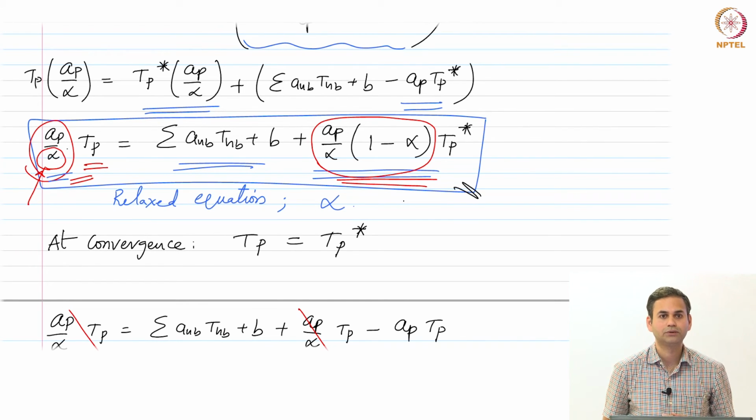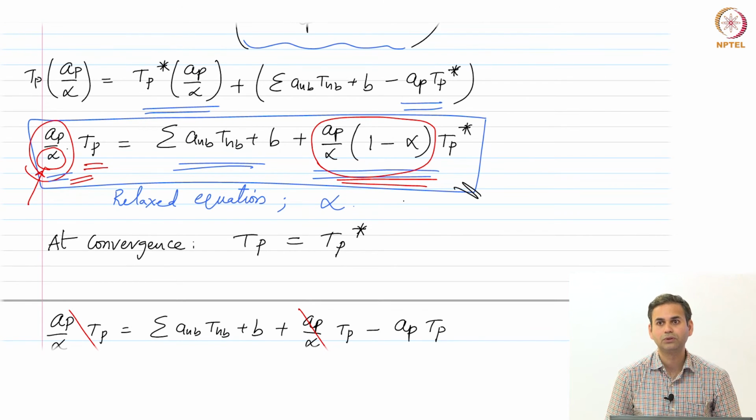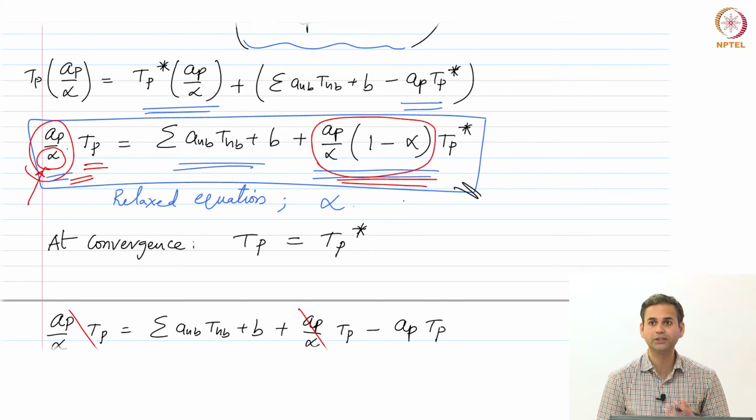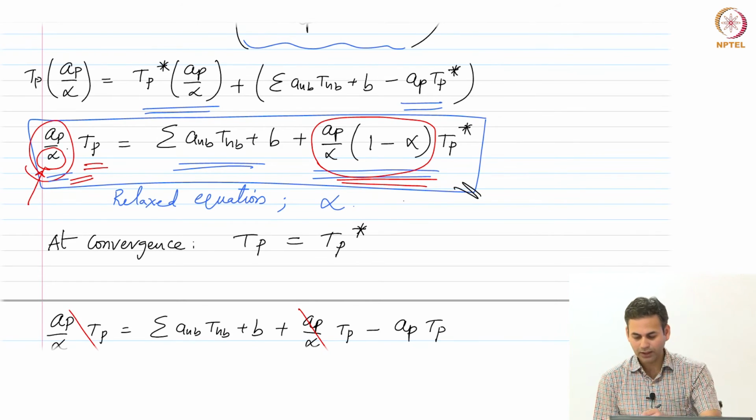Other questions? Right. So can I try over relaxation, knowing that the Scarborough criterion is satisfied by other means? Yes, that is quite possible. That is where over relaxation will be used. You know that you have not very strong nonlinearities, and the boundary conditions are helping you with the Scarborough criterion. Then you can go for some kind of over relaxation. That is possible. So that's about the under relaxation part as well.